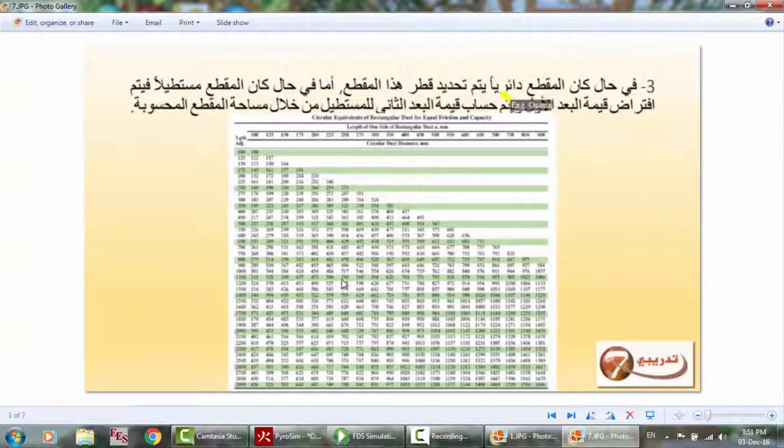Suppose you got this diameter from the previous chart, just for example. You can use the round if you want round, but if you will install rectangular ducts, you have to get the dimensions of the rectangular ducts. Here is the length, and here is the other side. So this is the round diameter. So here is the length,